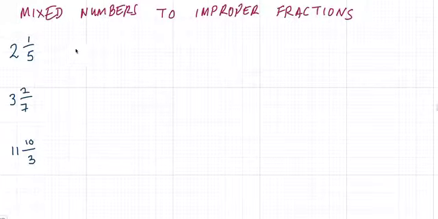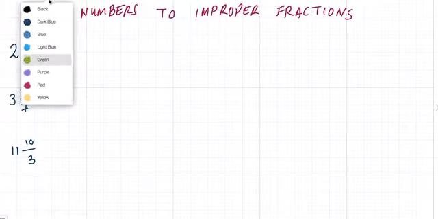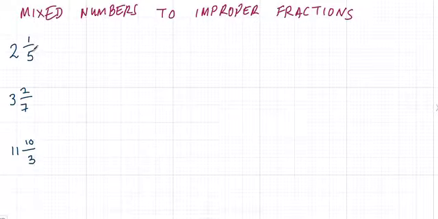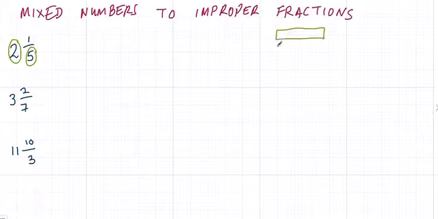So we're going to turn mixed numbers now into improper fractions. If we want to do this, what we have to do is look at the denominator and the whole number first. I'm going to do this one as a picture so you can see it. So we've got 2 wholes and 1/5. I'm going to draw this up as 2 wholes